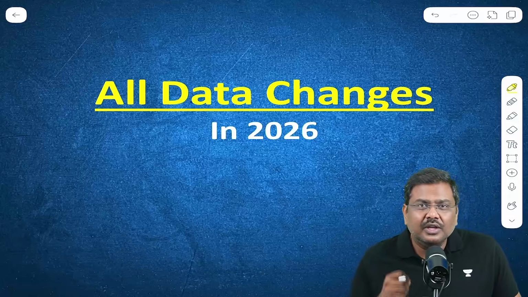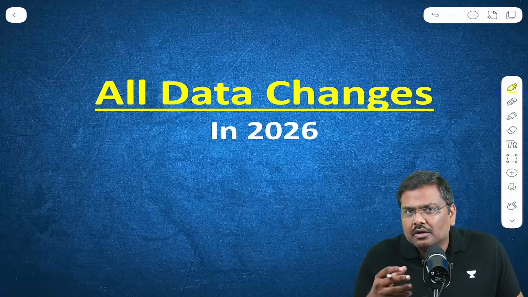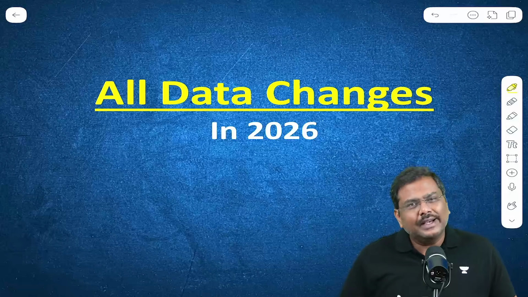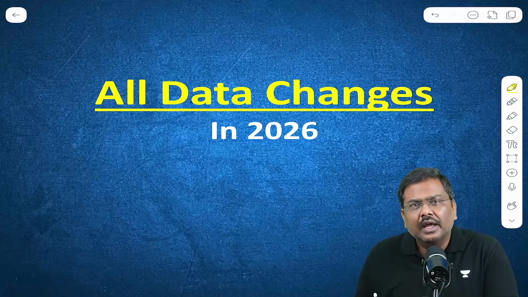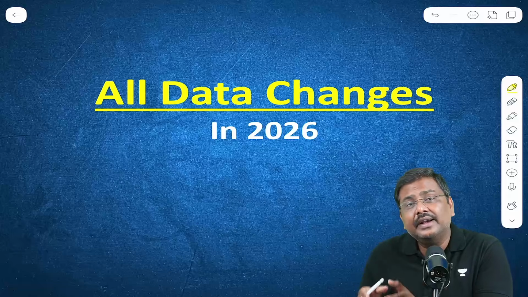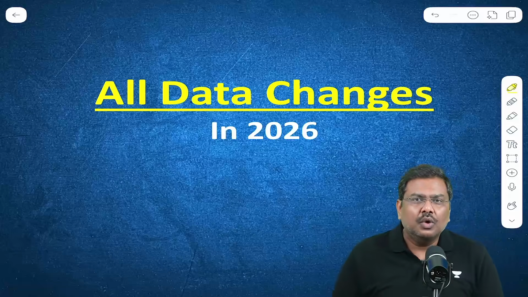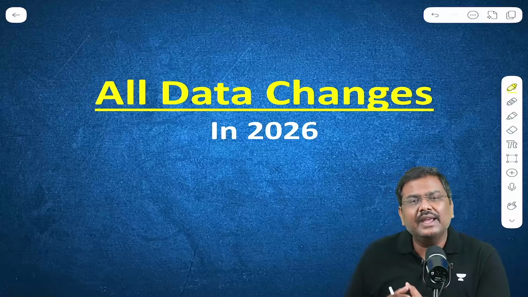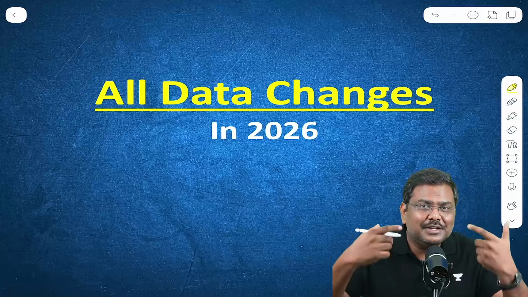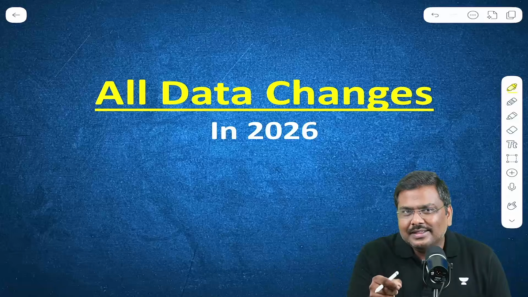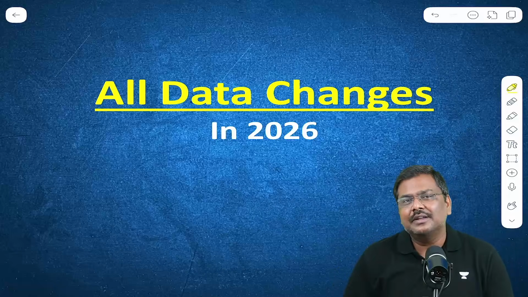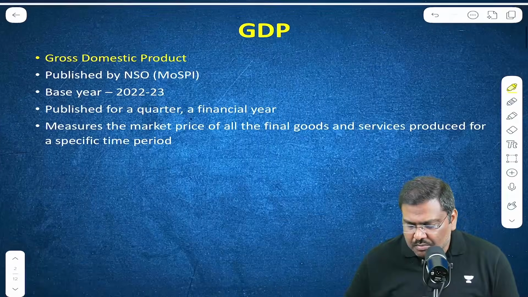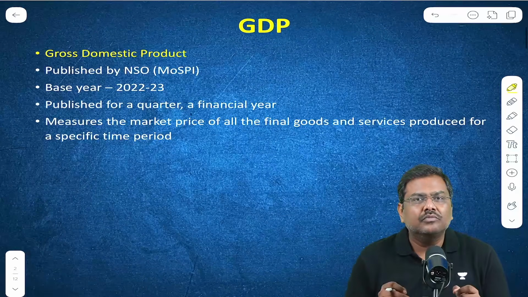The Government of India uses indicators such as GDP, IIP for effective policy making. And it also makes a lot of changes in how these indicators are collected as well as calculated. What are the changes introduced? In addition to that, let's also decode what are the new indicators introduced by the government in this year, that is 2026. Let's start with the changes that the government of India has introduced in the most important indicator, GDP